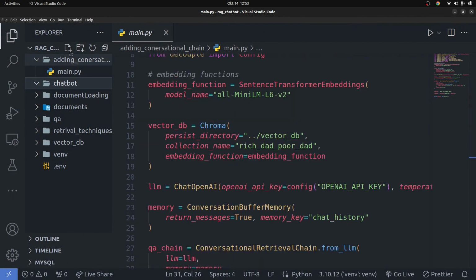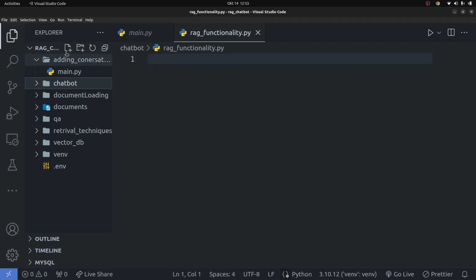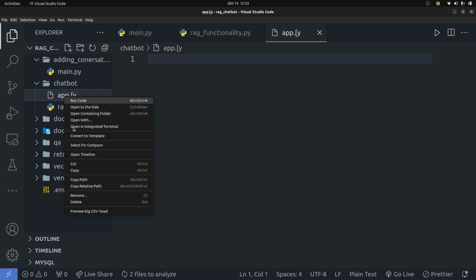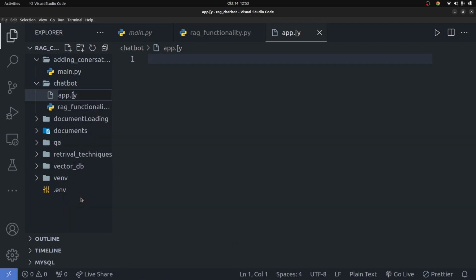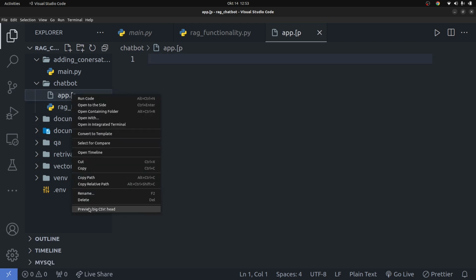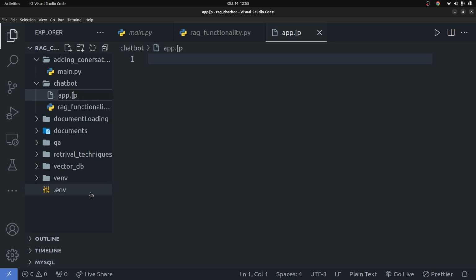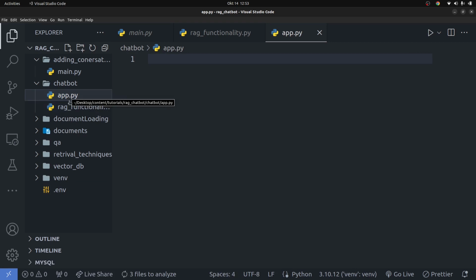And once I'm in, I'm going to create two files in here. So one is going to be called rag_functionality.py. Okay, I'm going to call another one app.py. So app.py is what is going to host the Streamlit component interface, and the rag file is going to host the rag functionality. Okay, so the app file is going to host the Streamlit components, and then the rag file is going to